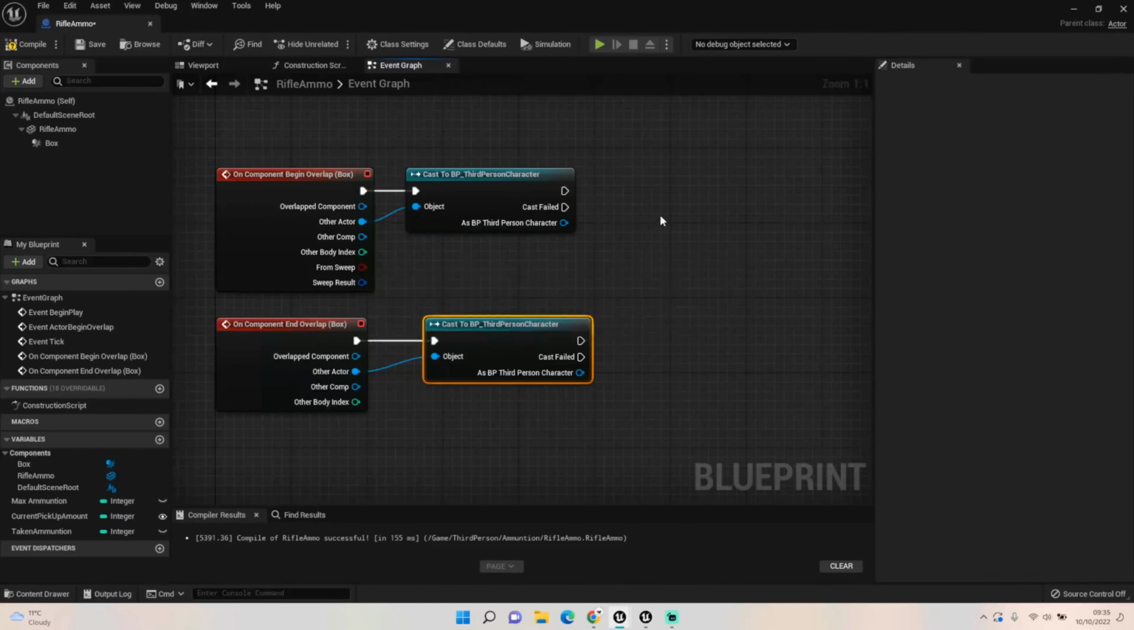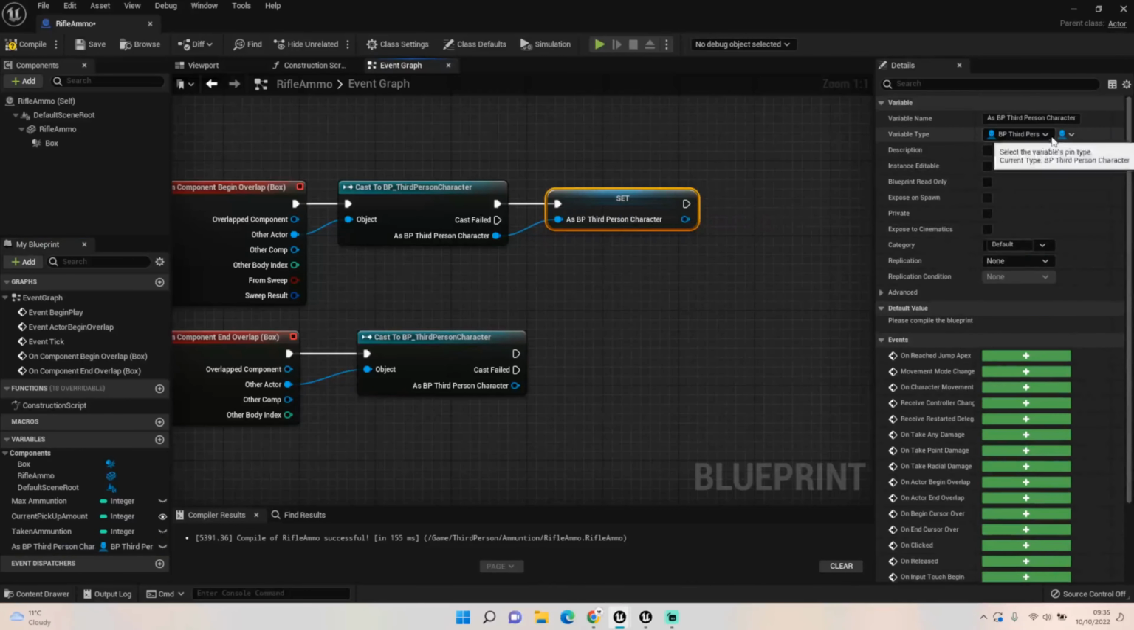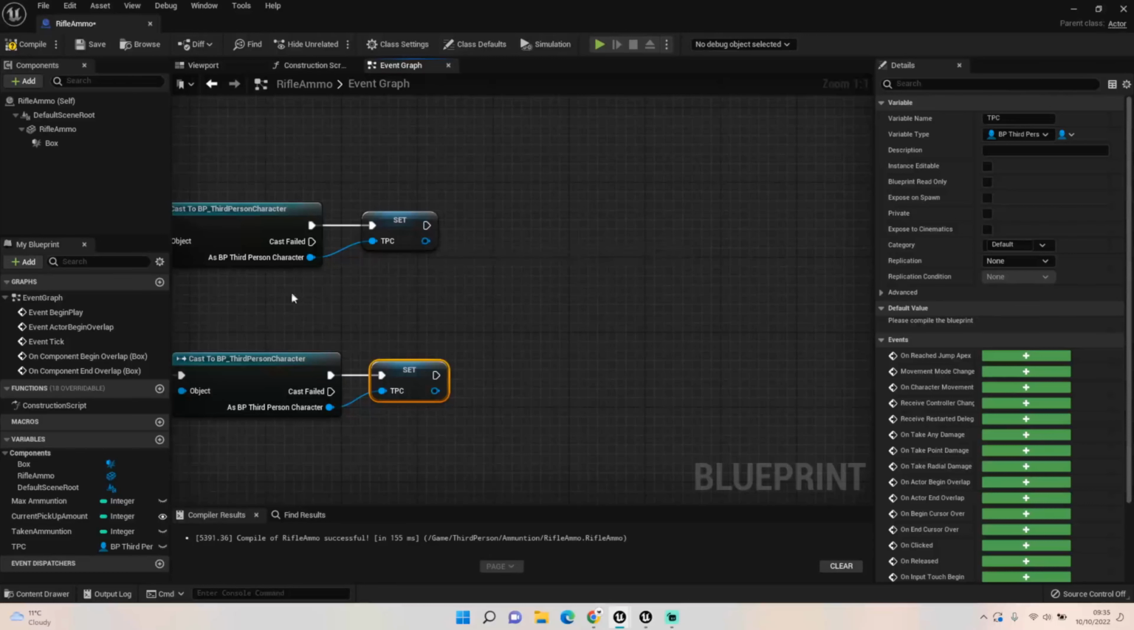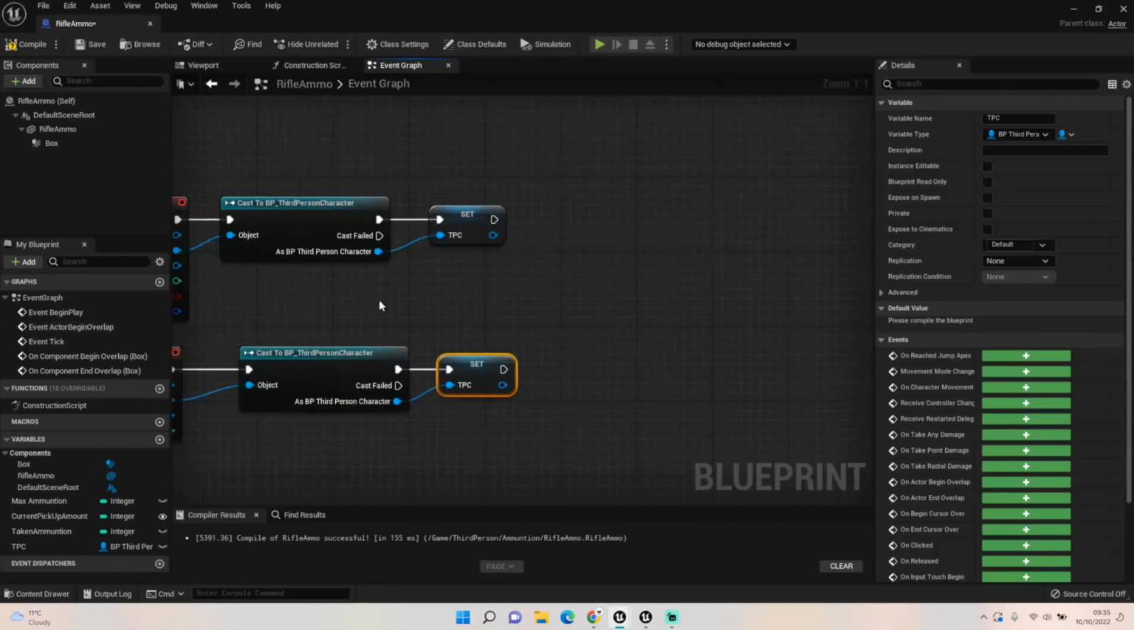We're going to set this as a variable, promote to variable for this one, and just call it third person character. TPC is fine. And put that in there as well, like so. And all we need to worry about for now is getting the get player, no, maybe just get player